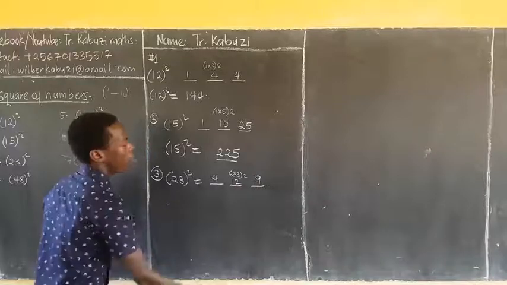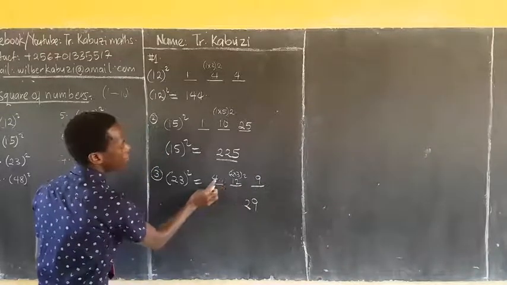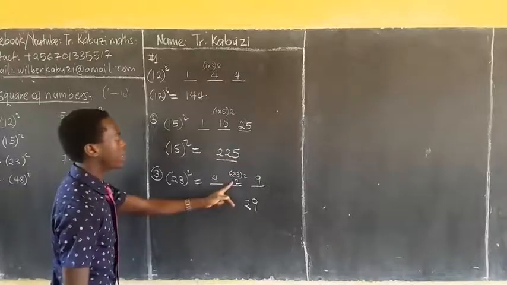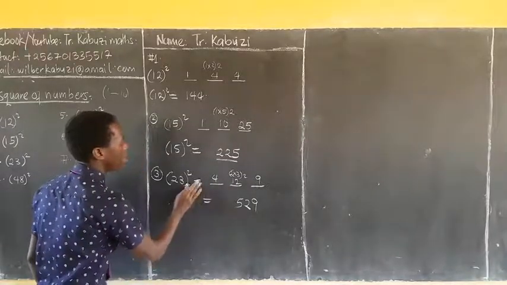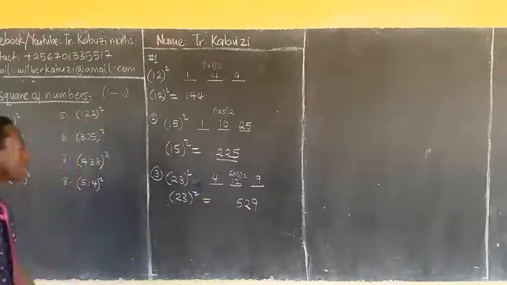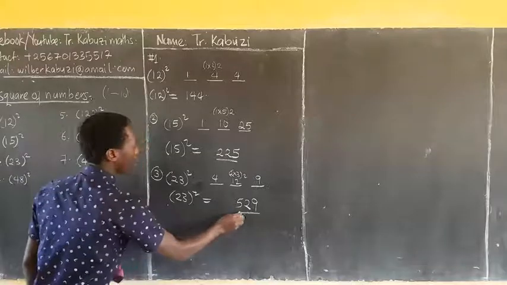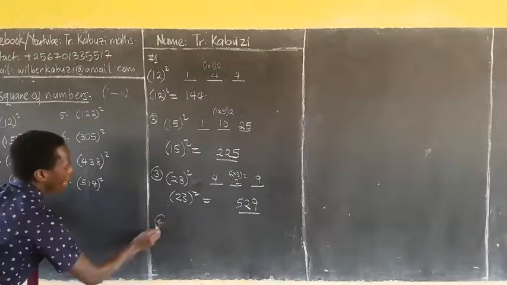Now, so this is 12, you write your 2, you carry this 1 and you add on that. So you say this 1 plus 4, you get a 5. And this will be your square of 23, with ease. Now when I come to 4, I have my 4 here as